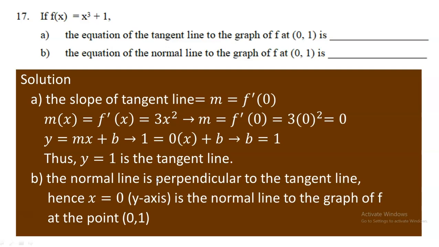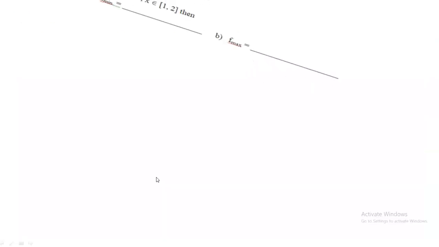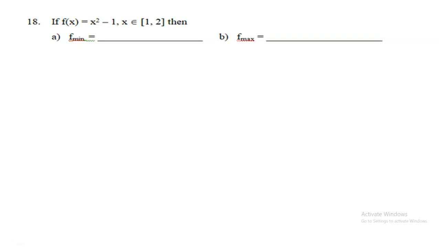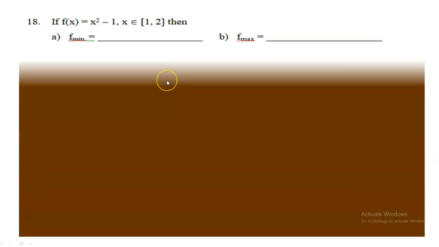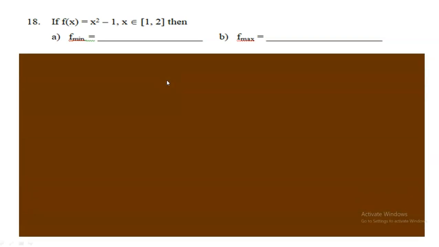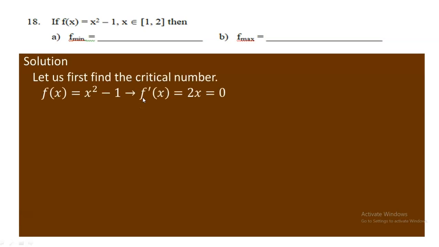So what comes next from this is question number 18. And here, in this case, you are given f of x equals x squared minus 1, x from 1 to 2, and you are asked to find the minimum as well as the maximum value for this. So you need to recall how to find extreme values for absolute or global extrema, okay? How are you going to obtain absolute or global extreme values for a given function, because the given interval is a closed interval? As you know, we have to first find the critical number for this,